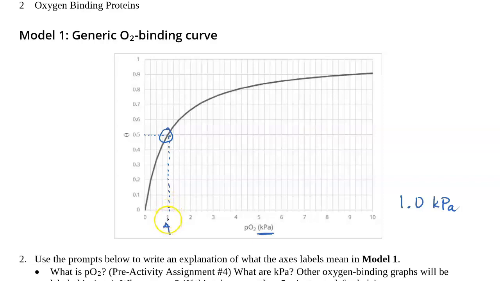I could for sure estimate to the nearest tenths place, so 1.0. It looks to me like there are lines on this graph at 0.25, 0.5, 0.75, and 1. So perhaps I could estimate even one more decimal place, but I'm satisfied with 1.0. If I just put 1 kilopascal, then I'm implying that I only know that to plus or minus 1. So it's somewhere between 0 and 1. I'm sorry, 0 and 2.